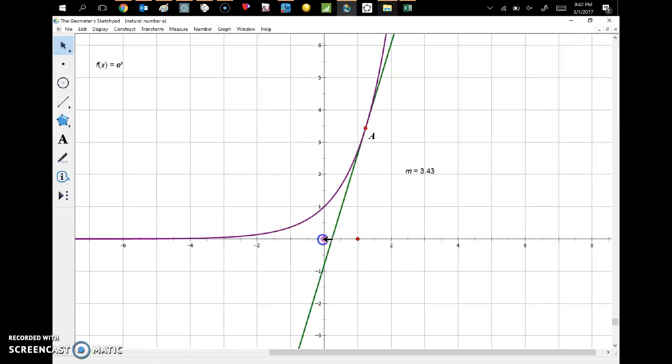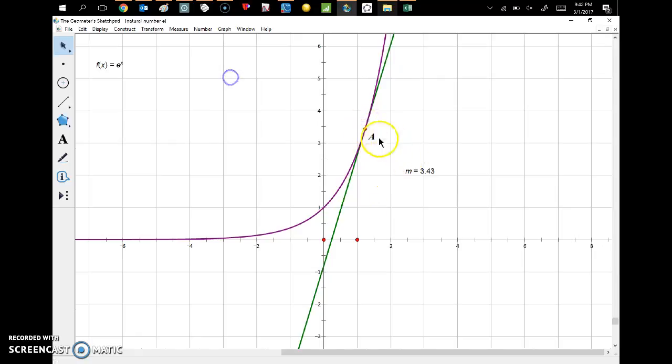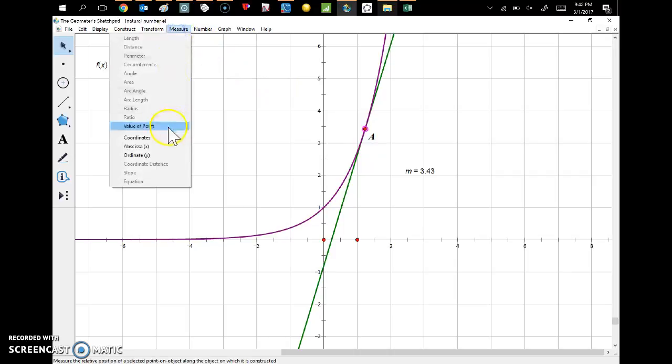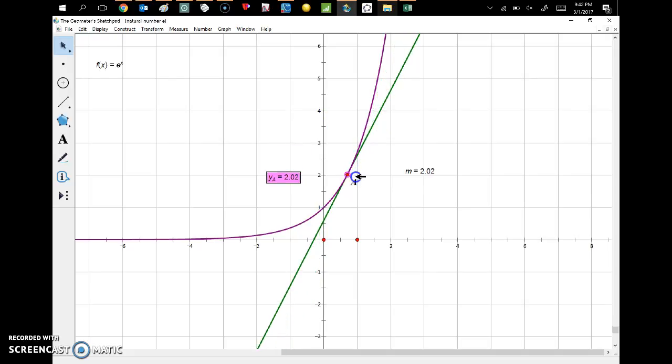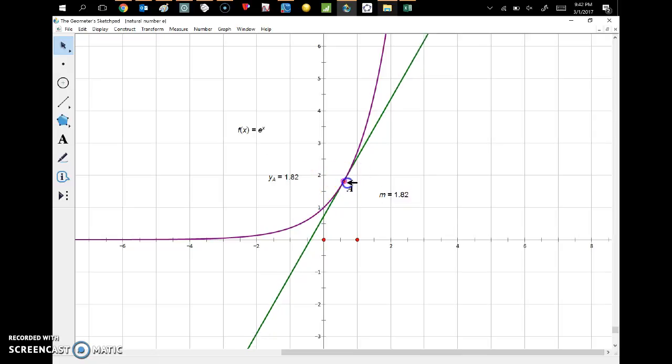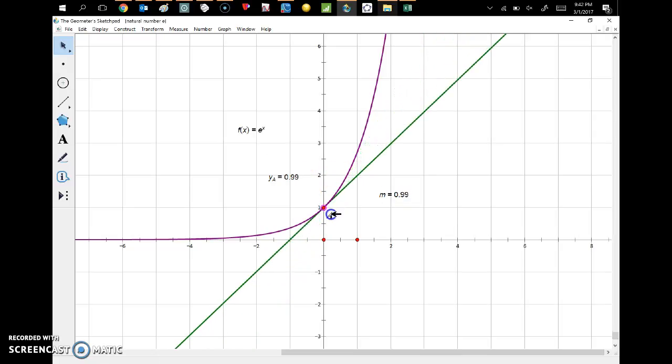So the special property of the exponential function is if I were to take this point that is on the function, the point of tangency, and measure the y coordinate. As you can see, when it's right here, the y coordinate is 3.4. If I move it down to here, it's equal to 3. If I move it to here, it's equal to 2. So this is basically the function value of my function e to the x. But as you can perhaps see, the slope of the tangent line is exactly the same as the y coordinate